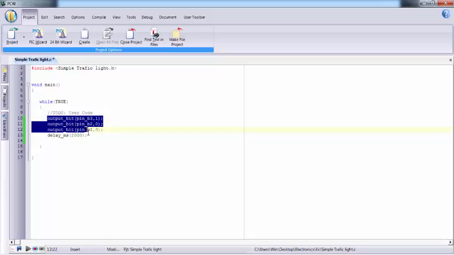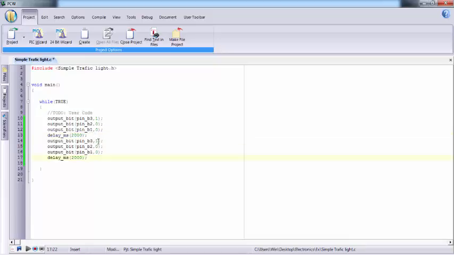We will take all of this, paste it. We just need to change the value to switch off the red, switch on the green, and now we need the red one to stay switched off, and the green one to switch off. Okay. And here we will do a blinking